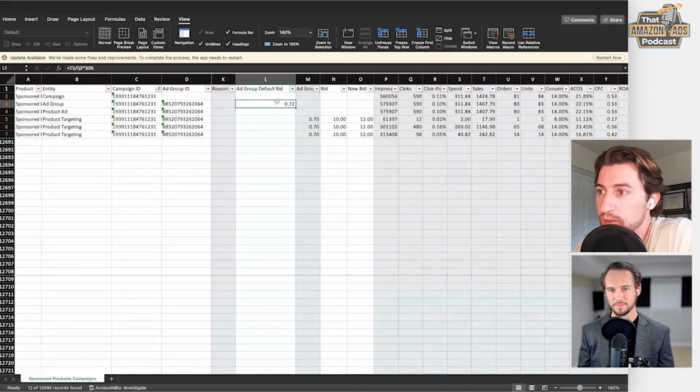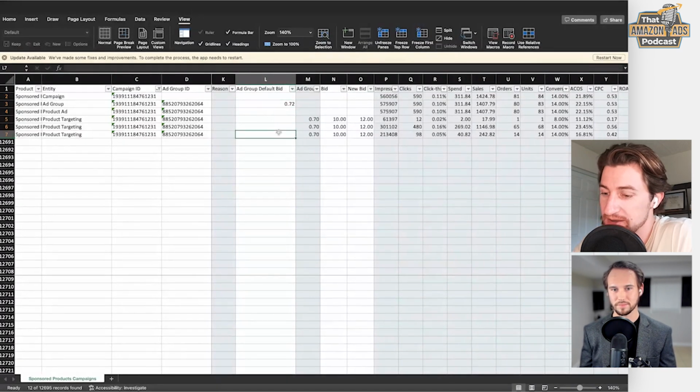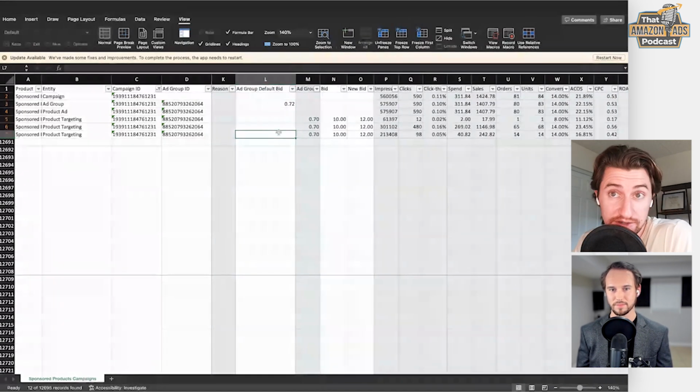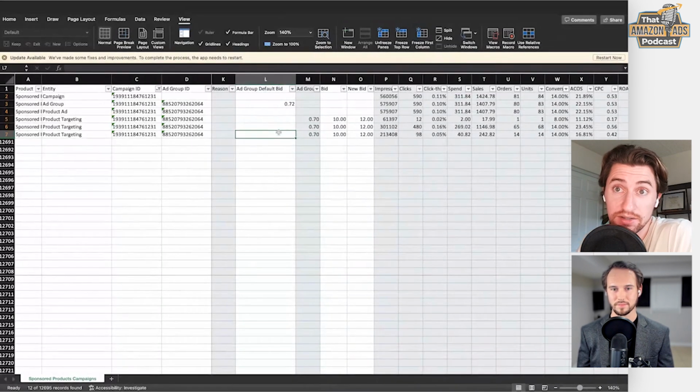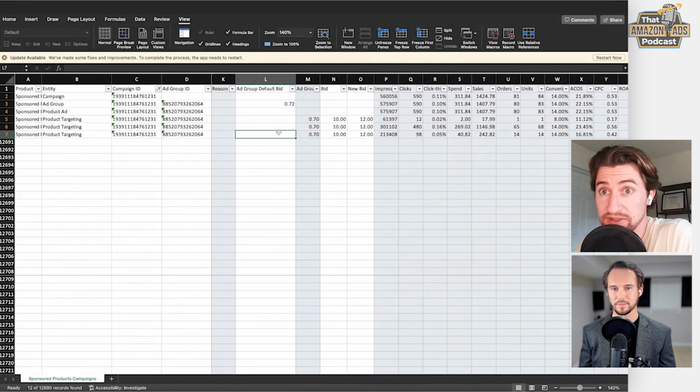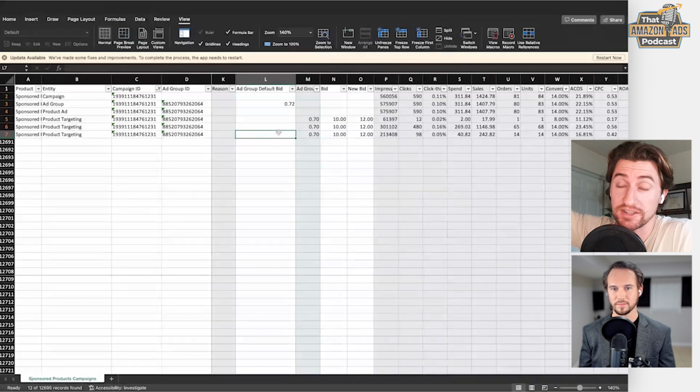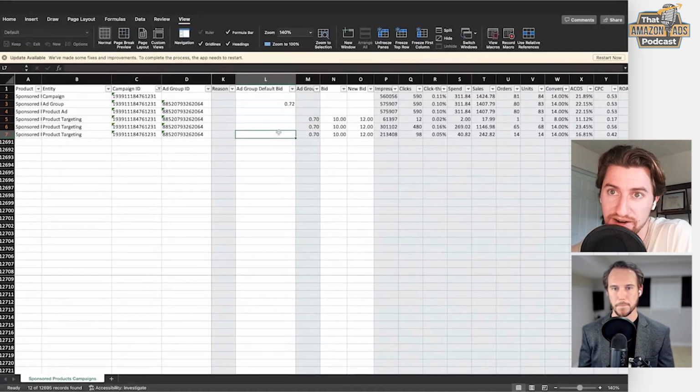So we figure out this is what the average cost per click should be. And like we started saying before we got distracted, your bid is not the same as your CPC. Your bid is not the same as your target CPC. Usually your bid's going to be a lot lower, and your target CPC is actually higher than your actual bid. It's just going to be the campaign placement modifiers that actually get you to actualize at that higher CPC.